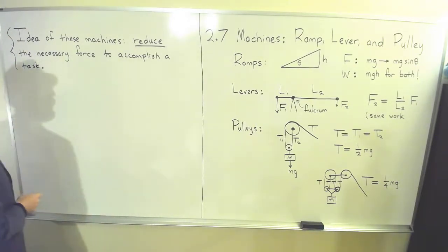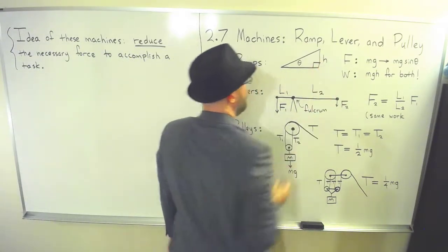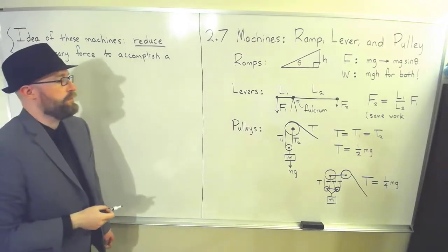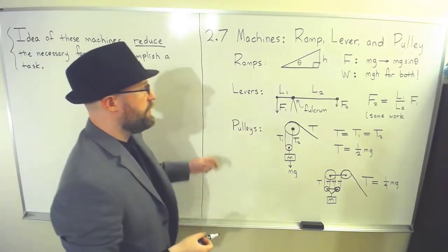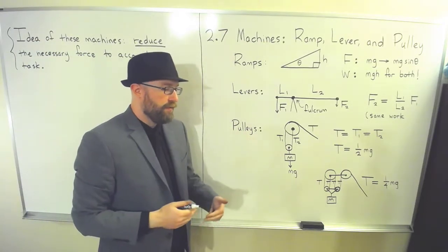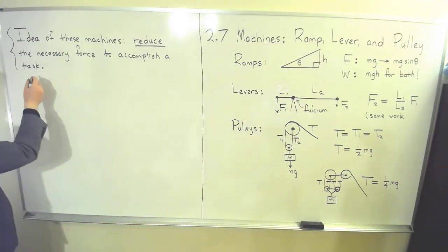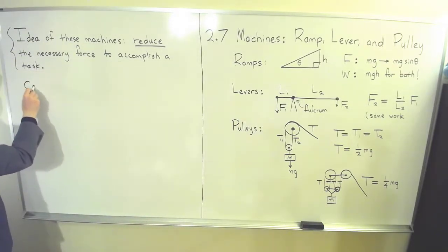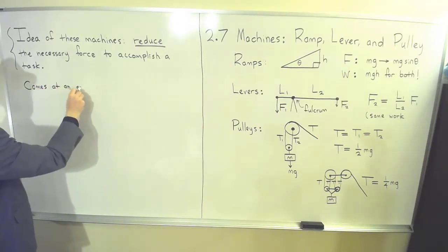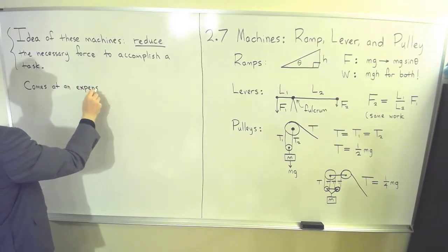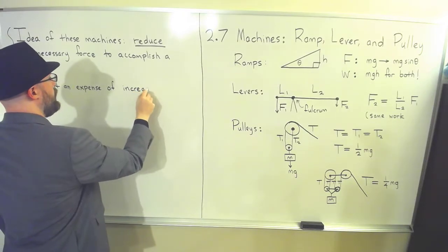Now, when you are reducing the force, I forgot to put a right angle on there. When you're reducing a force, you have to do it at the expense of something else. And in this context, it's at the expense of some sort of a distance that's involved. So this comes at an expense of increased distance,